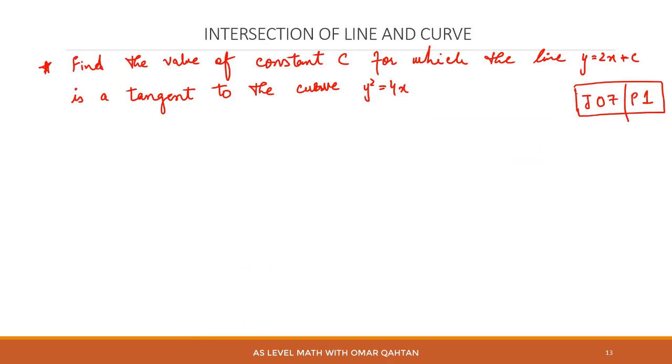The question is, find the value of constant c for which the line y equals 2x plus c is a tangent to the curve. That is the most important thing for this question. By this condition, we know that the discriminant should be equal to 0. So now, just substituting the value of the line into the curve equation, we get